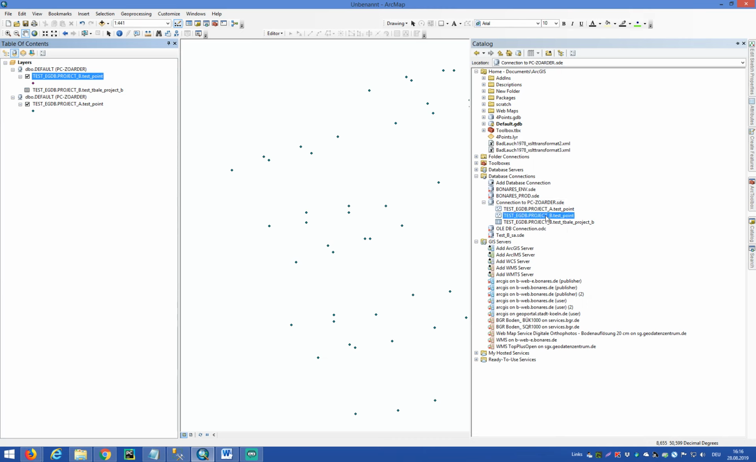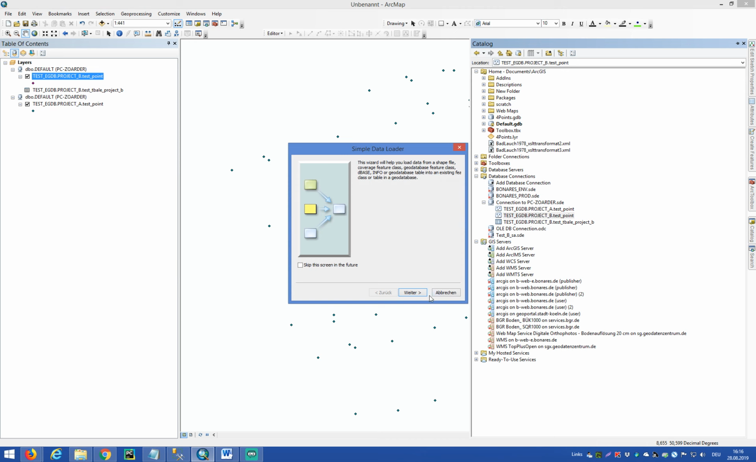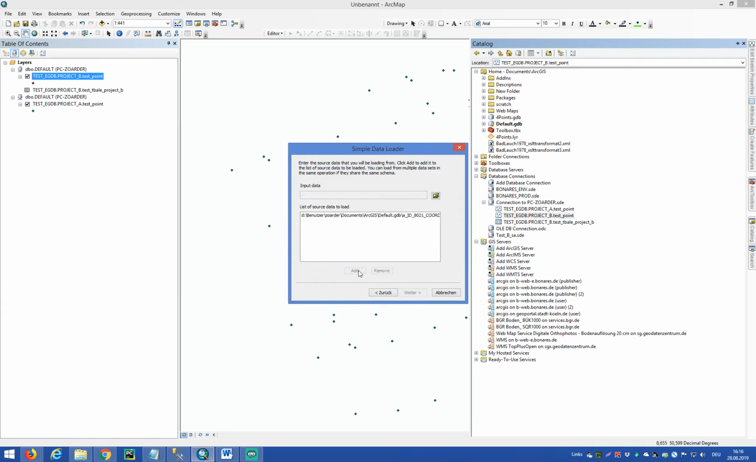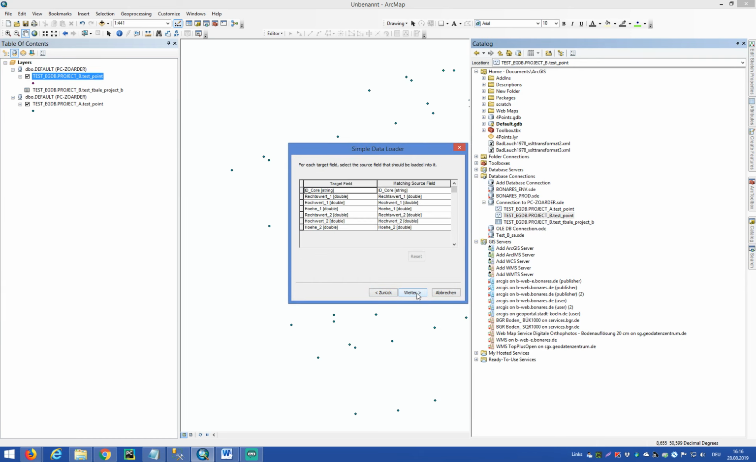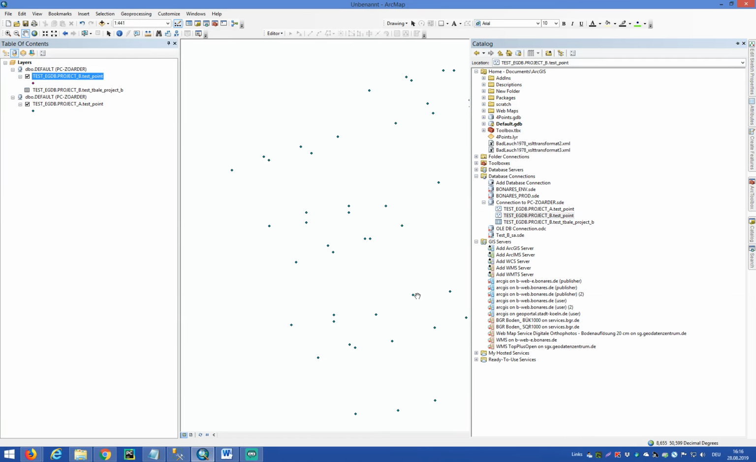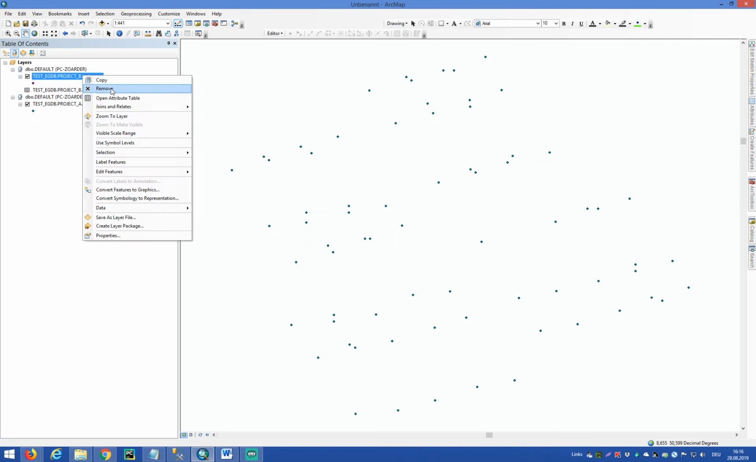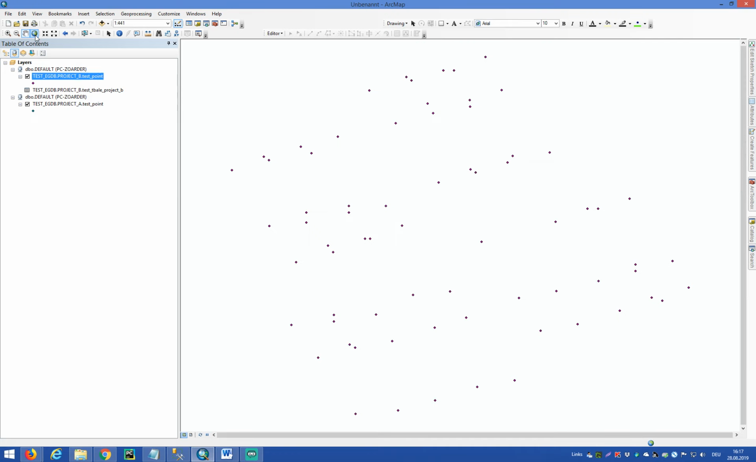Yeah, the same table name but a different schema. So we can now easily load the data from that existing dataset, the default geodatabase inside our system. So if we refresh it, so yeah, now we are